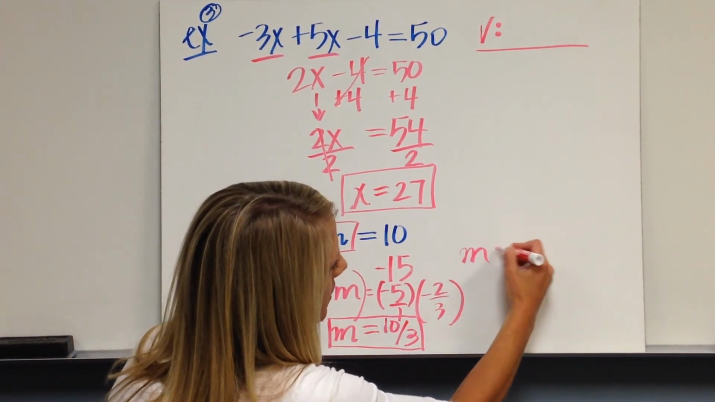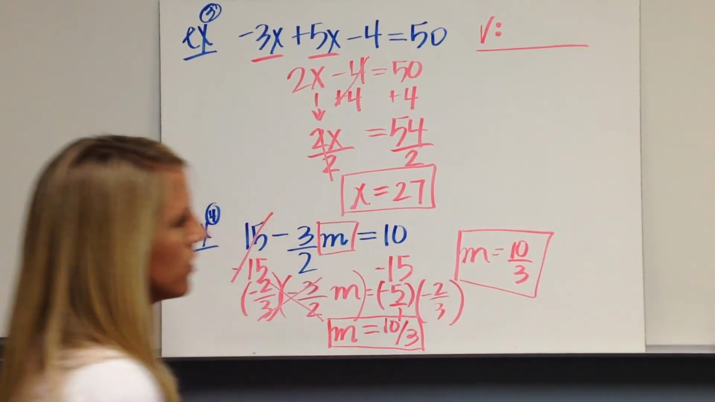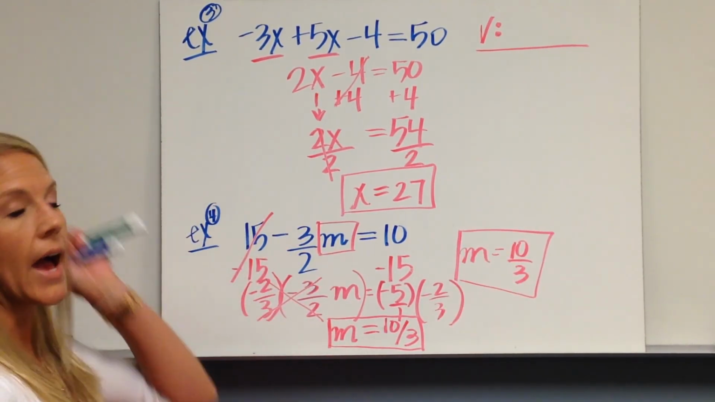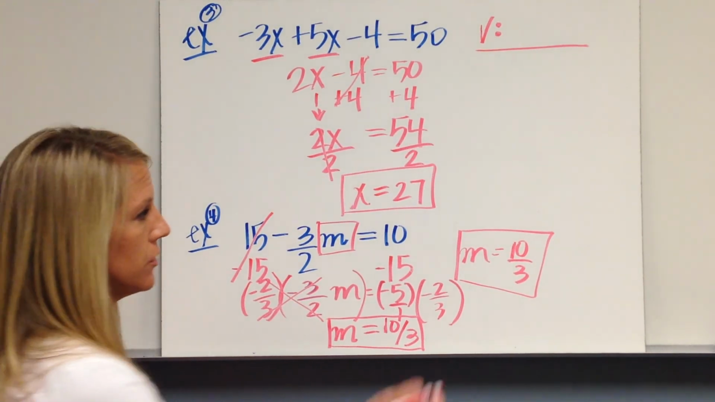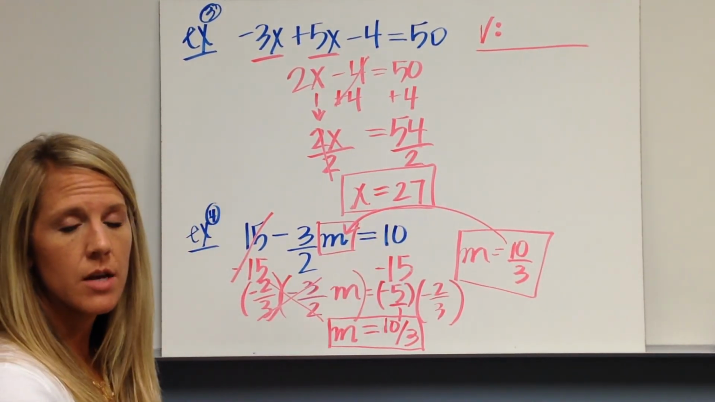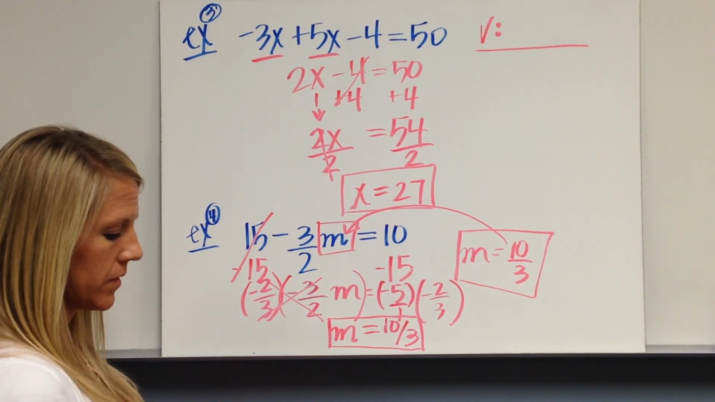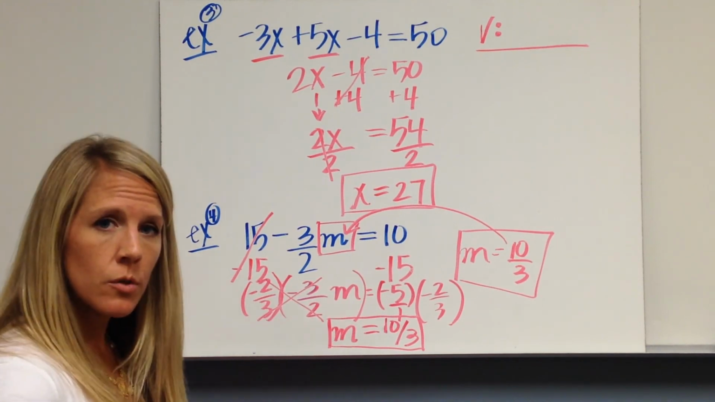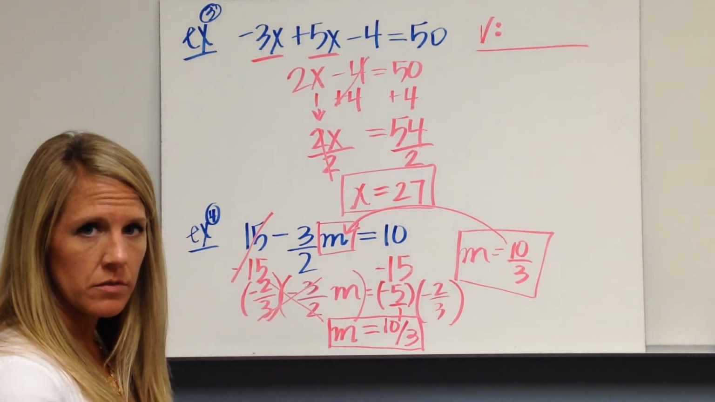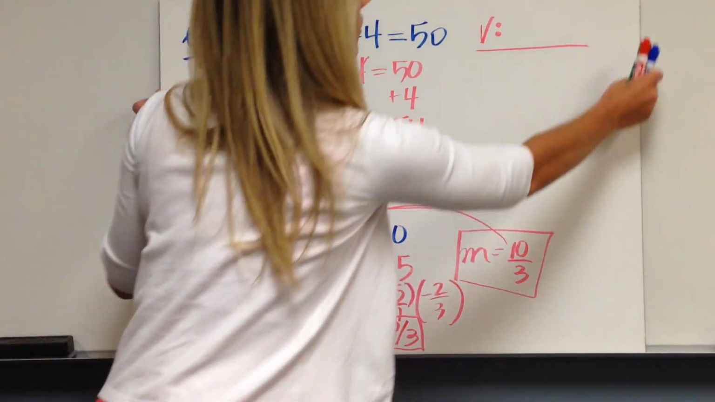So let me come off to the side here. m equals 10/3. How would I check my solution, which you will have to do? You take that and plug it directly in for m to make sure that you got the equation correct. Okay, so for tonight, I'm going to give you 2 equations to practice on. So solve for the given variable. Those 2 equations are,